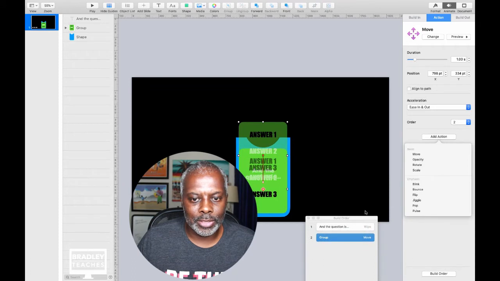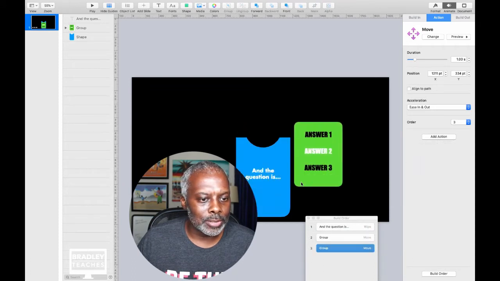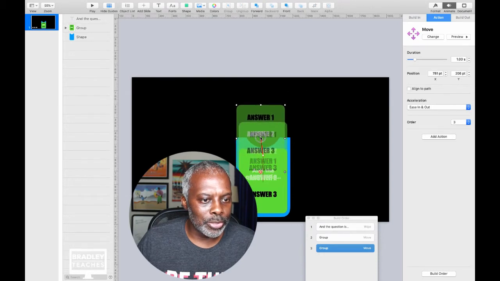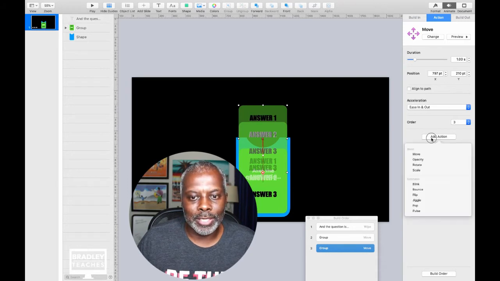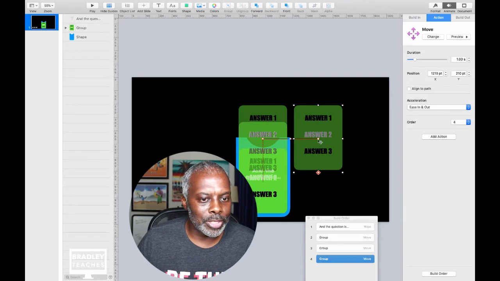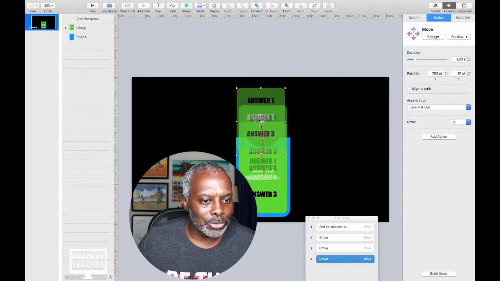Let's move that out of the way. And we're going to move again, right? We don't want to move to the side, we want to move up again. So now we put answer 2 where answer 1 was, right? Then we're going to add another action. We're going to move again. Then we're going to put answer 3 where answer 2 was,